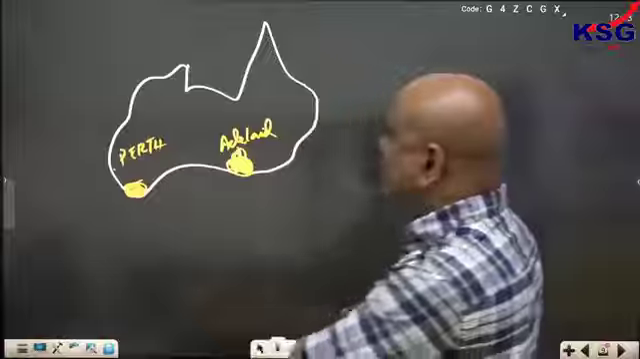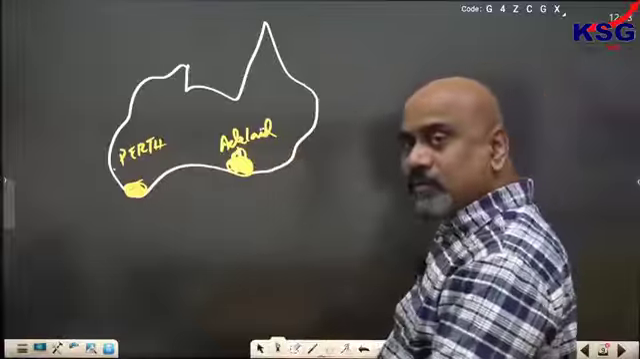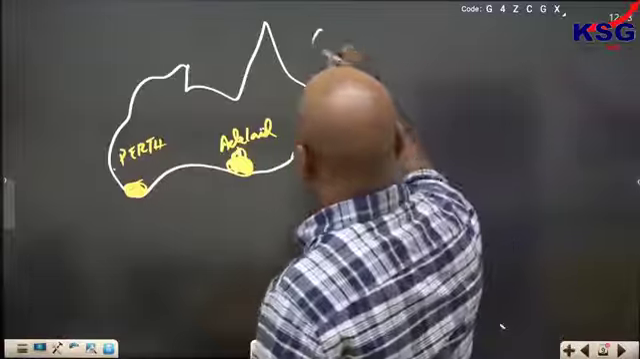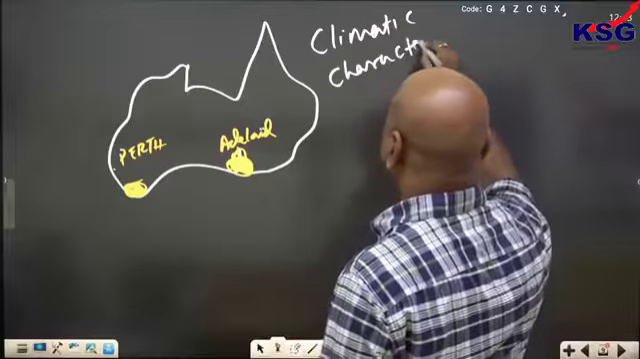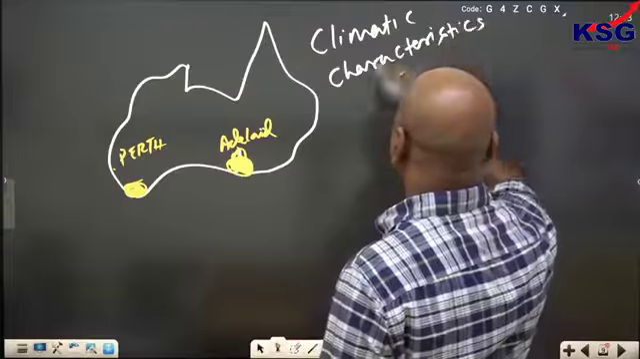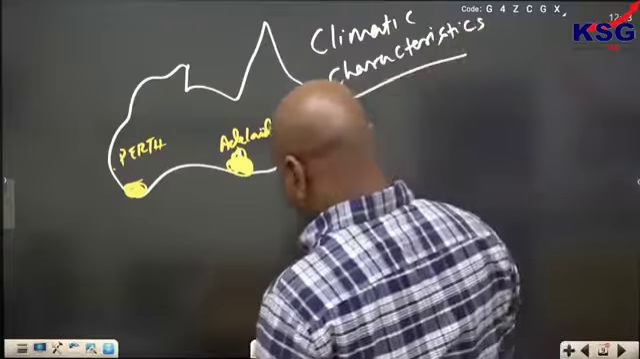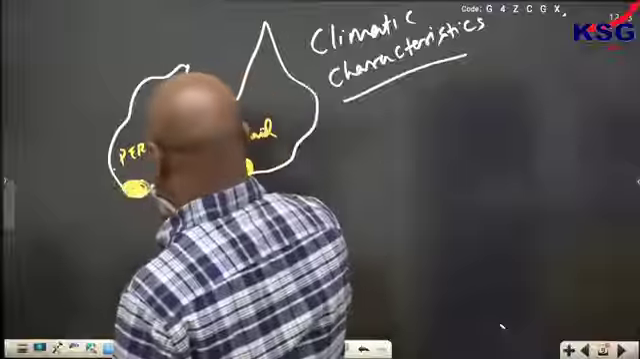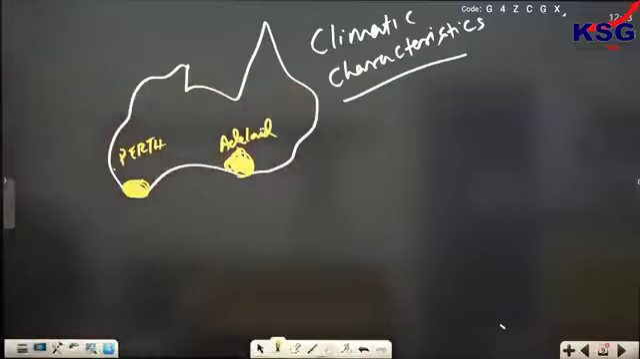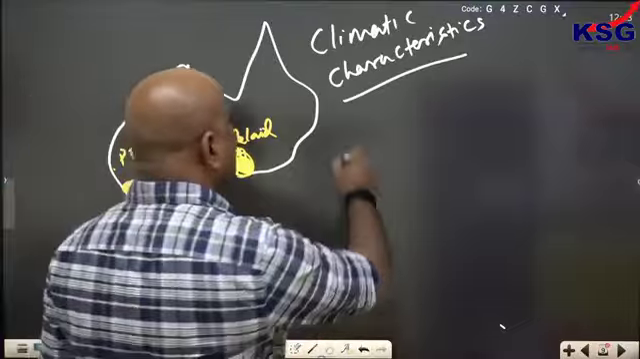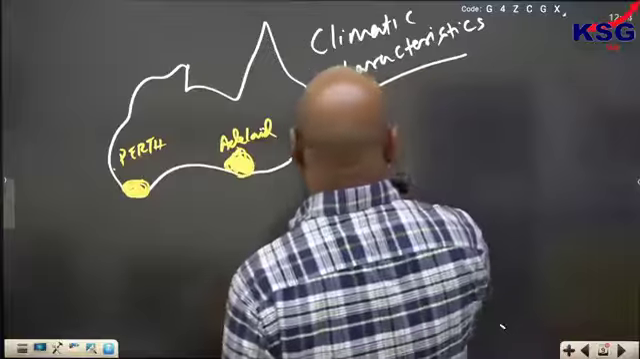Let us see one more thing. What are the climatic characteristics here? This climatic region has very unique conditions. I hope all of you have drawn this, what I told you to draw. Distribution is clear to all of you. In distribution, why do these regions have this climatic characteristic? The first climatic characteristic is